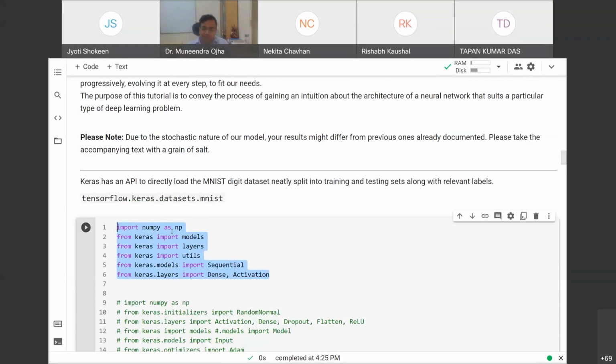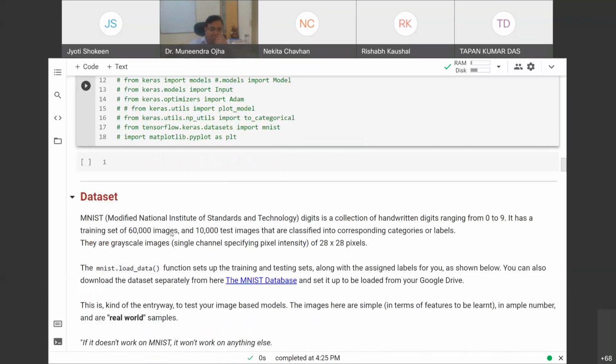You have to initialize an array, or to create a layer you have to write 4 or 5 different lines of code, and Keras does that with a single line of code by calling a single function. So Keras supports both, and using Keras, our life becomes simpler and easier.